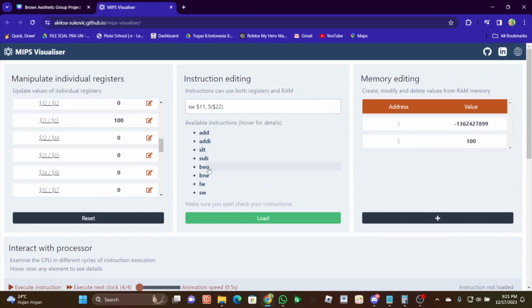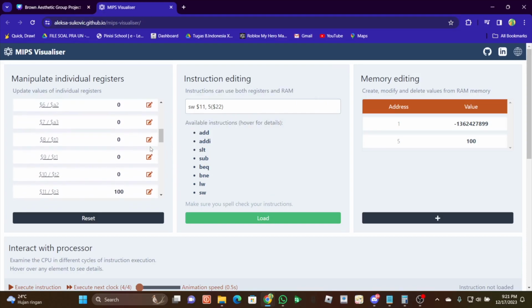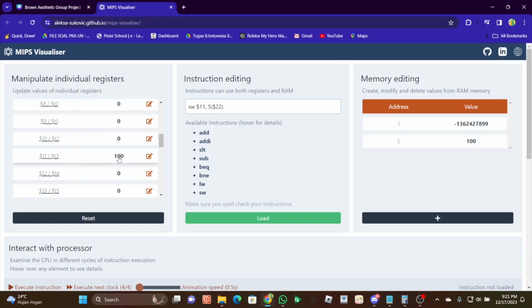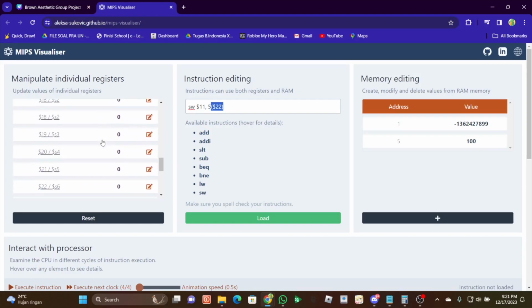using this instead. Okay, as you can see, before putting the value into it, the value in address 11 is 100, right? Then this is the target address. The address will be 5 plus this address, because the value of address 22 is 0, then 5 plus 0 is 5.